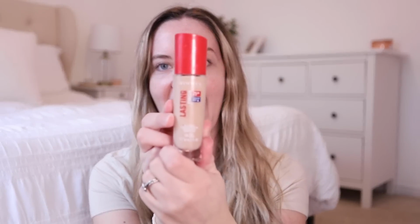So for my makeup, I'm just gonna do what I've been doing in the last couple of weeks. I've been using the Rimmel Lasting Finish 25-hour full coverage foundation. I actually found this one by accident in a Shoppers Drug Mart because I had just run out of my actual Sephora one, and I didn't want to spend too much money while I was waiting for my next order to come in. So I was like, I'm just gonna try this, and I ended up actually loving it. If I'm looking over here, it's because that's where the mirror is. I've been using it since then, kind of as my in-between foundation. This is in the shade Ivory, but overall it's a great foundation, and I'm just going to blend it in